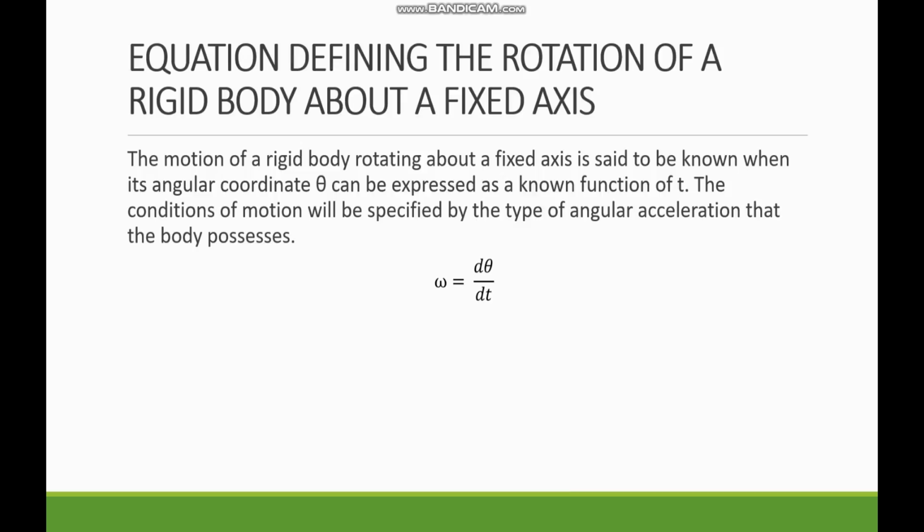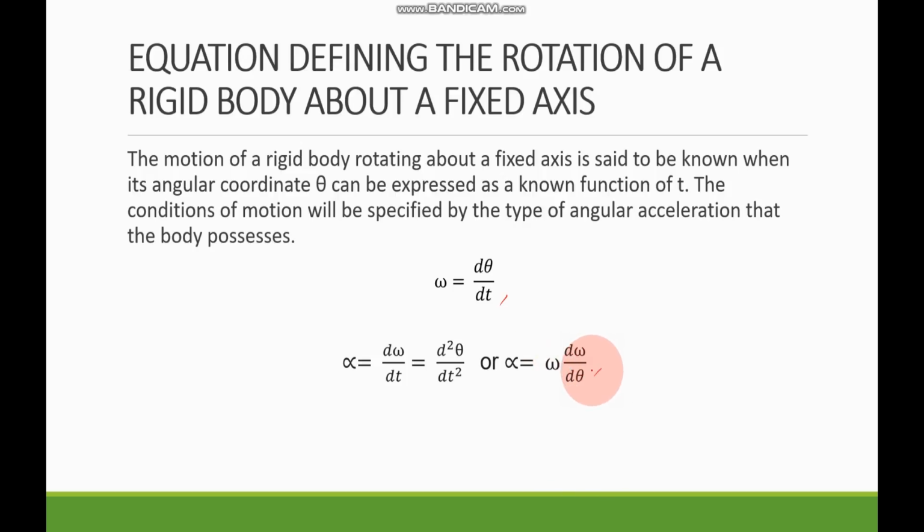in which our angular velocity is expressed as the first derivative of the angular coordinate with respect to time, and the angular acceleration is equal to the first derivative of the angular velocity with respect to time, or the second derivative of the angular coordinate with respect to time, or can be written as the product of the angular velocity and the derivative of the angular velocity with respect to the angular coordinate. So these formulas were discussed on the